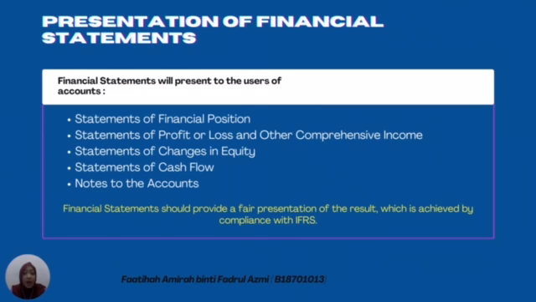There are 5 elements for all of it, as you can see on the slides. First is the statement of financial position, statement of profit or loss and other comprehensive income, statement of changes in equity, statement of cash flows, and the notes to the accounts. Okay, the statement of financial position, also known as the balance sheet, represents